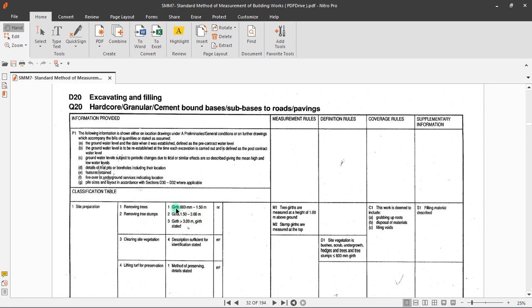For instance, here it's saying a girth of 600 mm to 1.5 meters. You describe and give these details. And then also, if it is a tree stump, it should be more than 1.5 meters to 3 meters before you can classify it under removing of trees. So all this information is there. Further information at this side you can read. So let's go back to the